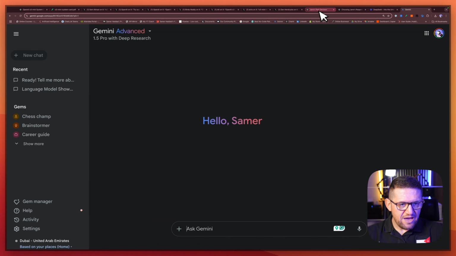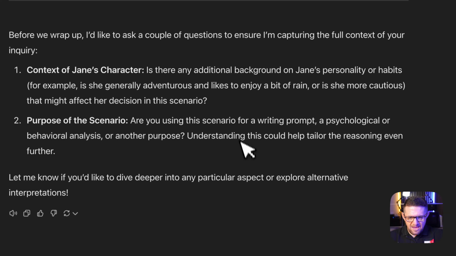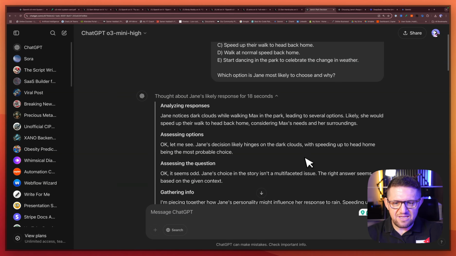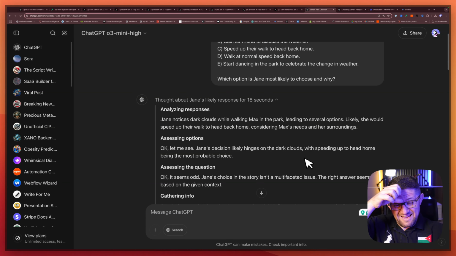So let's go back to o3 and see what we get. Okay, so yeah, here you can see it's similar to DeepSeek, and I know it annoys OpenAI a lot when someone says it's like what they do in DeepSeek, but that's true. Now they're showing you how the logic of the thought process works.